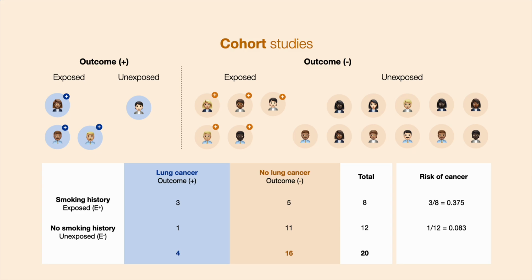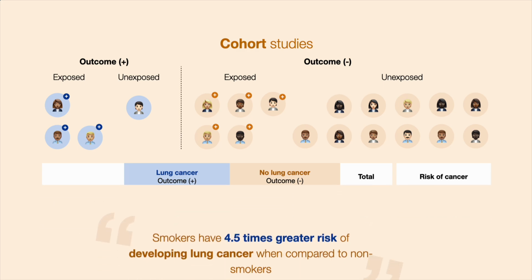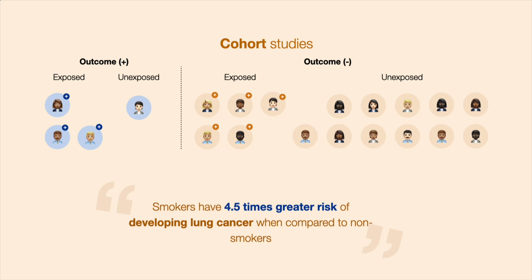0.083. The relative risk is calculated by taking the incidence in the exposed group and dividing it by the incidence in the unexposed group. Therefore, relative risk, or RR, is equal to 0.375 divided by 0.083, which is equal to 4.5. Based on our data and calculation, smokers have a 4.5 times greater risk of developing lung cancer compared to